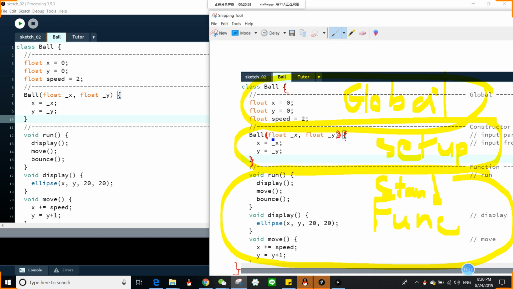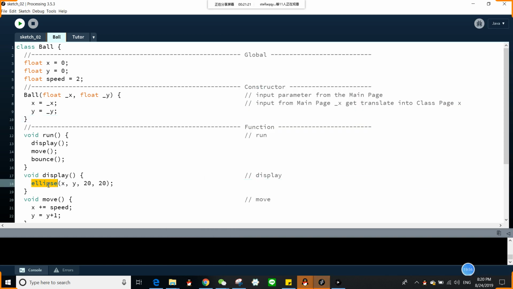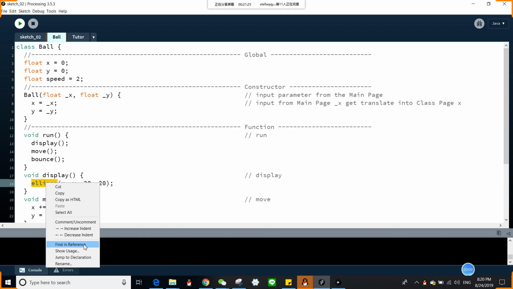Now in this case, we want to tell the program where to start the ball. Okay, and this is actually where to start, and this is the size. So I'm not sure if we explained the ellipse function already, but let's click here, right click, find in reference. Okay,